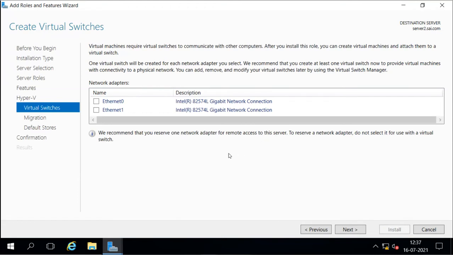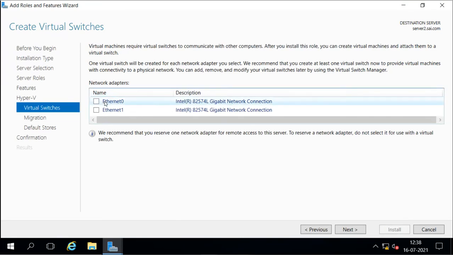We should have a separate network configured for virtual machines. Now we can use the same network which we are using for the cluster nodes and all the clients. We can use that network also, but it is a good idea to have a separate network for virtual machines, because virtual machines will move from one server to another server, and they will use that network also.